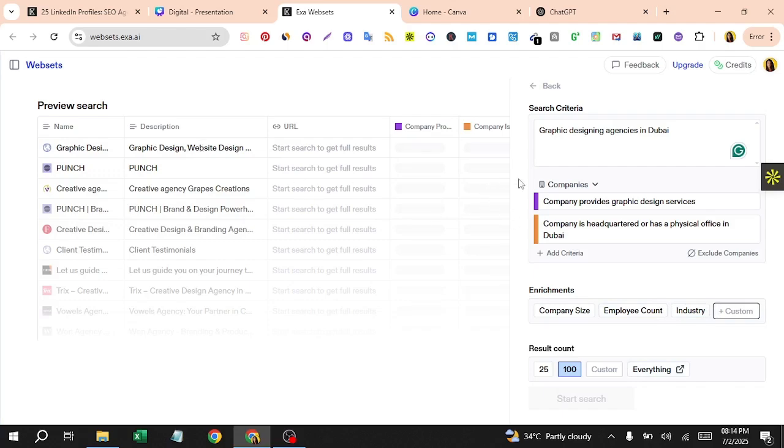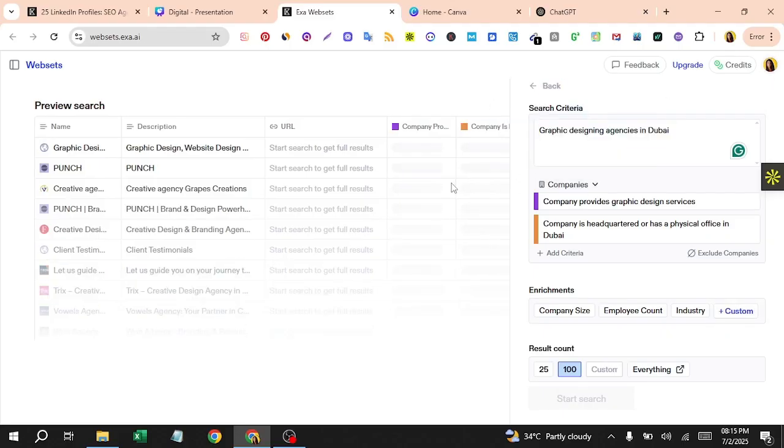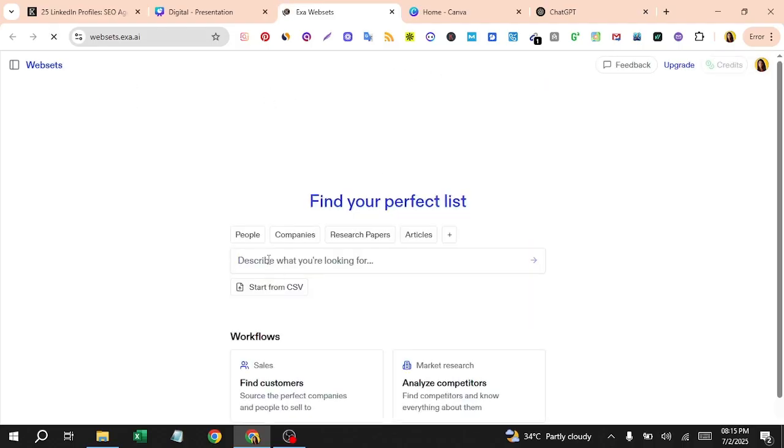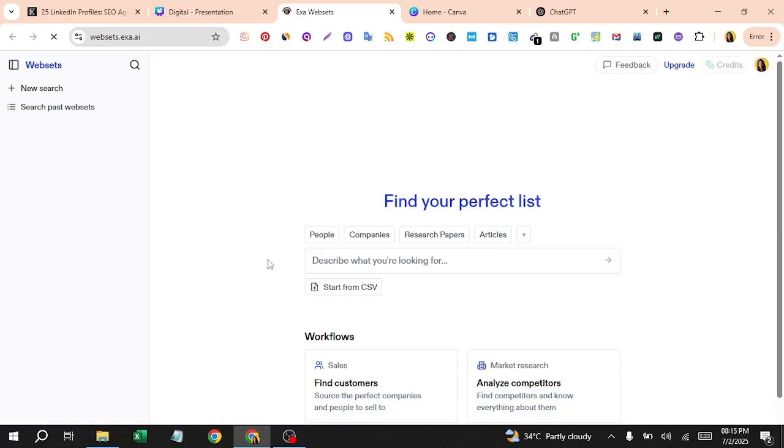But you can actually get 100 leads using different accounts. I don't know why this is not working, let me just refresh this again. So I'm searching again, digital marketing agencies.